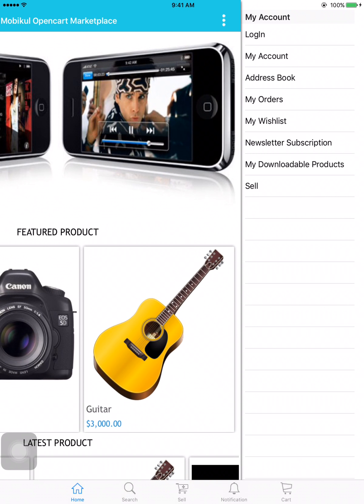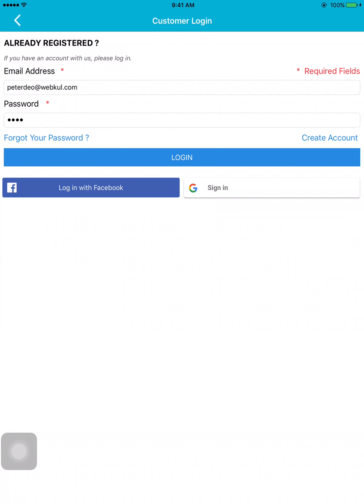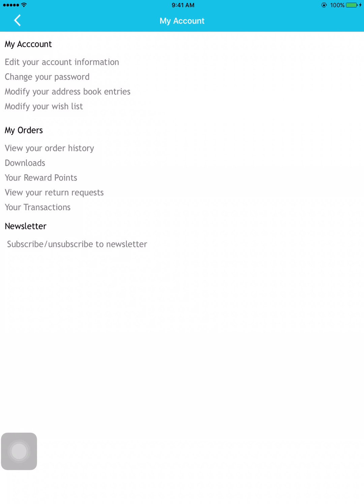Now let's just quickly log into the app. On the login page the customer can see that they can either log in using their email ID and password, or they can create a new account if they haven't by going to create account, or they can also use their social media such as Facebook and Google for signing into the app. For right now we are using our demo account, and after logging into the app the customer will be able to see the my account page where they can edit their account information